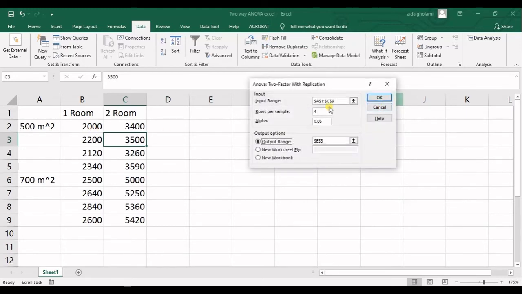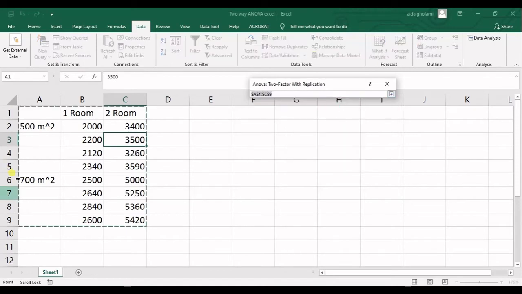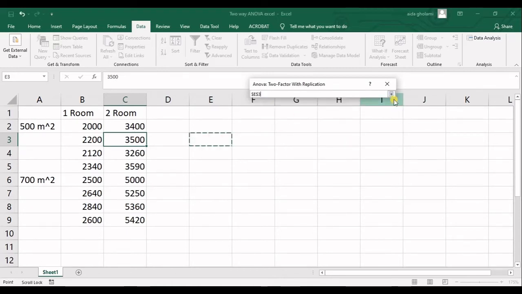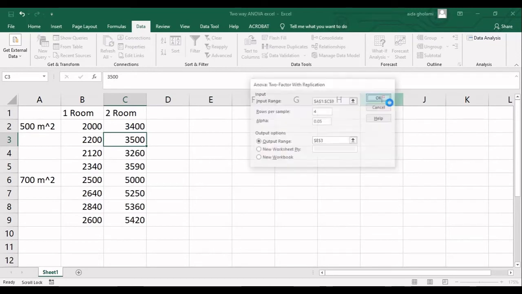I click OK, and then I go for input range, which is the selected area, rows per sample. So what number of rows do I have in here? 1, 2, 3, and 4. So it's 4. Then alpha for me is 5%, which is okay. And then output options, where you can choose the output range. So I wanted to start from here, and it's okay. I click OK,